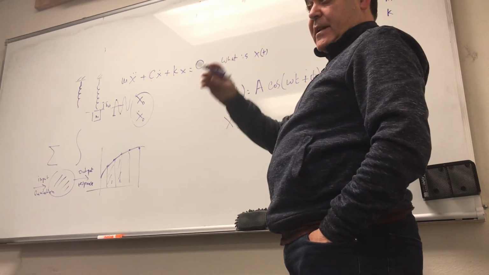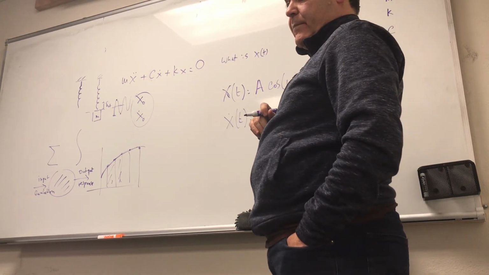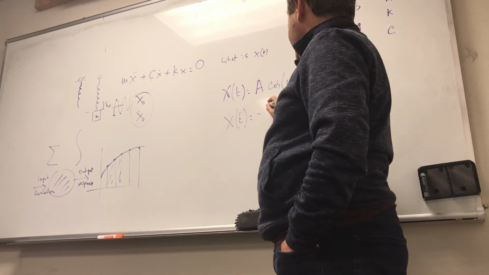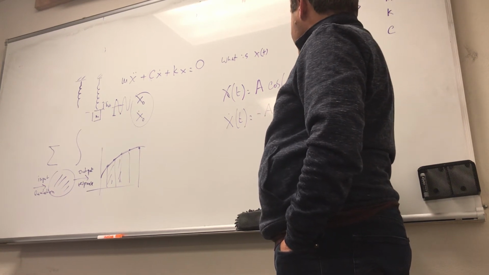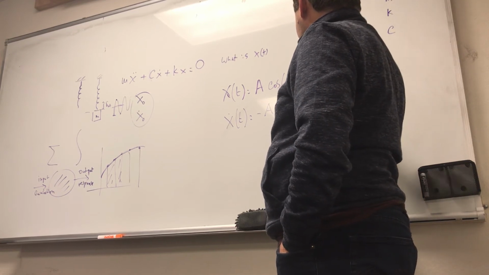Hopefully, as you go through this class, this should be quick. Minus A sine of omega t plus phi,